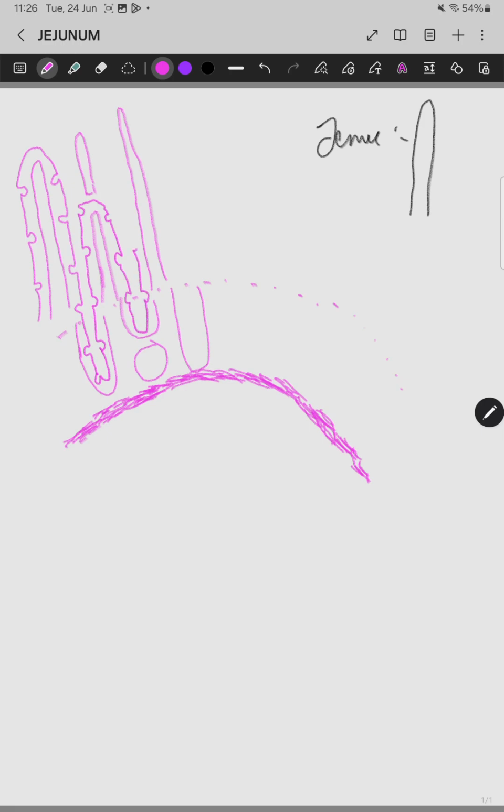So same drawing as that of the duodenum I am drawing. But the shape of the villi, you have noticed that it is taller than that which I have drawn in the duodenum. Then you can put the typical columnar cells here. Typical columnar cell, when it reaches the goblet cell, make the shape slightly like a cup.